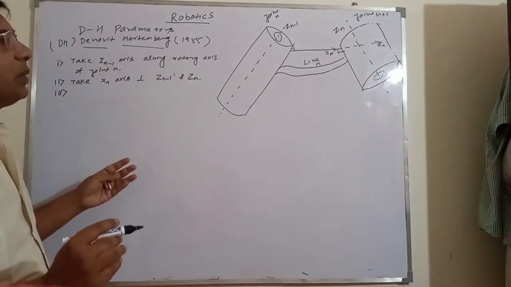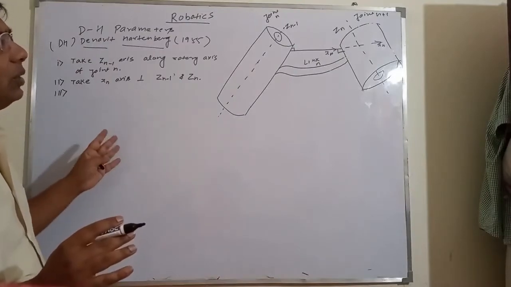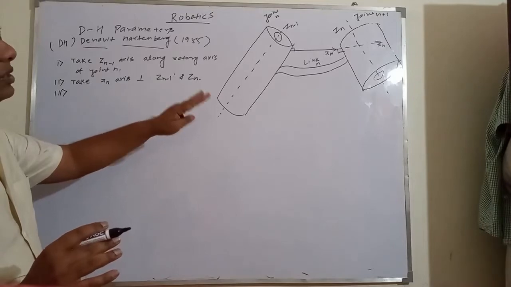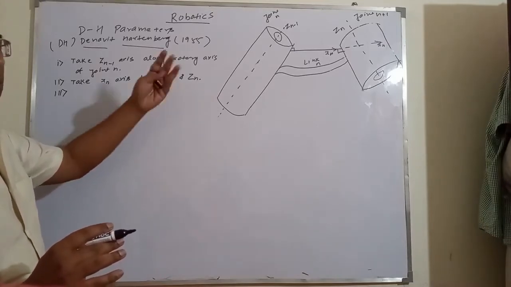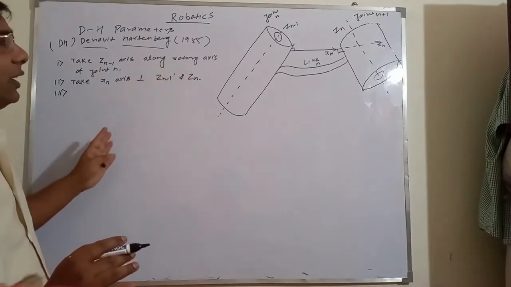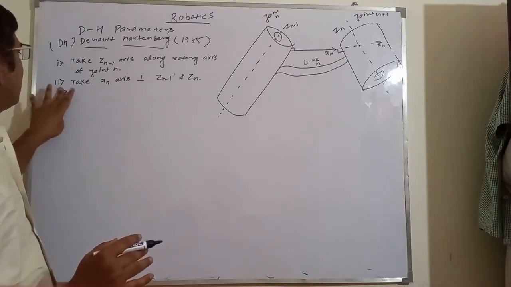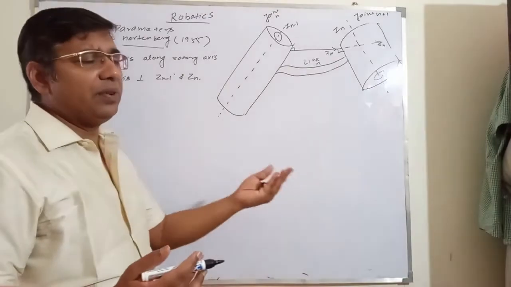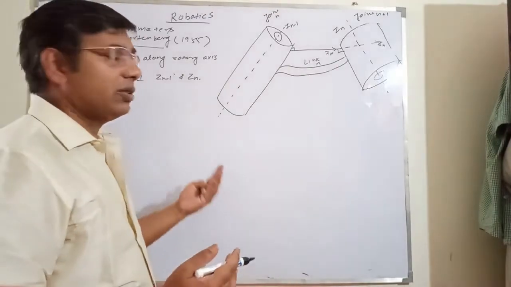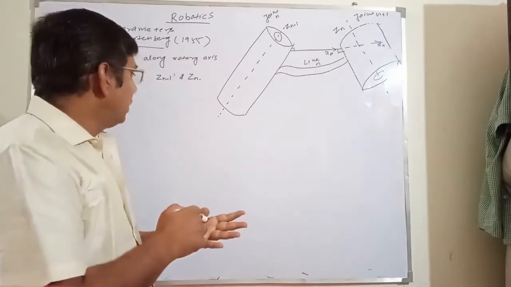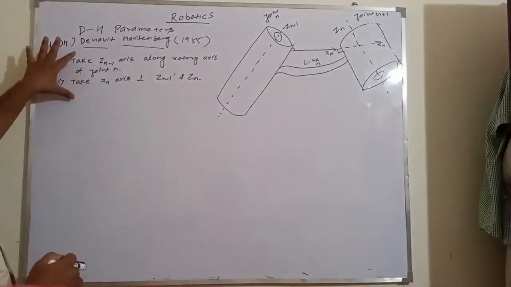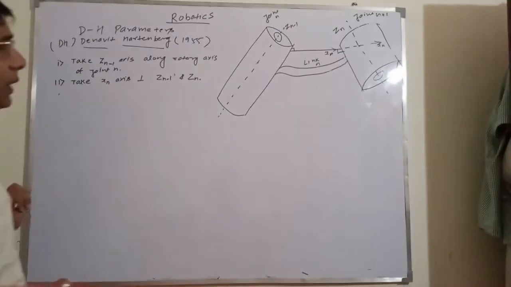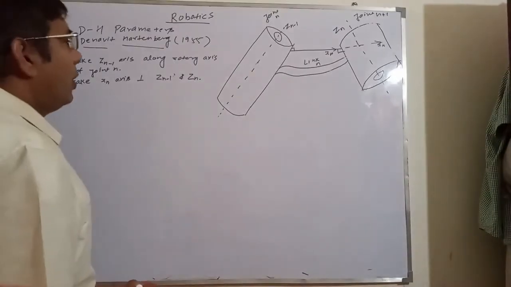And generally in DH parameters we don't need to deal with y, because mostly we work with x and z only. We don't need to write y, because if we know x and z, we know the direction of y. Okay, so this is the convention for taking the coordinate axis, choosing the frame of reference.